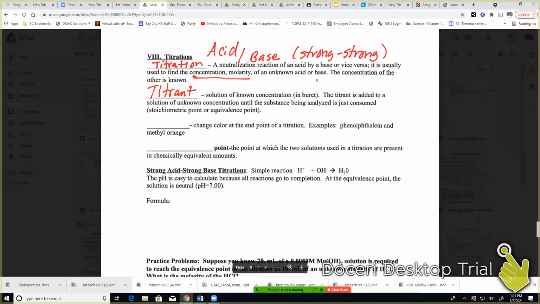And you'll see her do that in the video. She won't fill it all the way up to the top, all the way to the 0. She fills it up about 3/4 full, and then she jots down that number. Because if you don't start exactly at 0, which you don't have to, then you need to know your beginning number. And that's what you'll be using tomorrow whenever you do those in Gizmo also. So the titrant is added to the solution of the unknown concentration until that substance being analyzed is just consumed. And the analyte